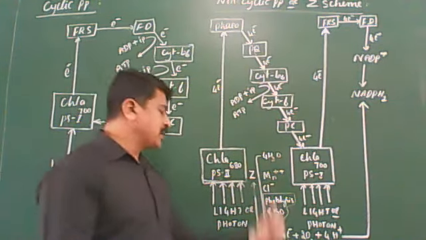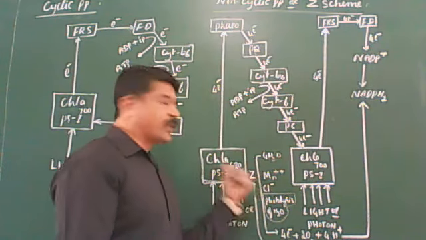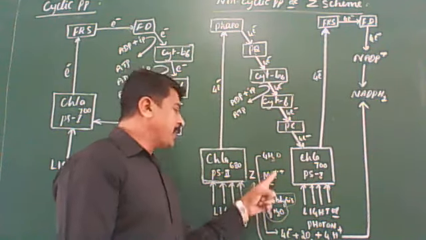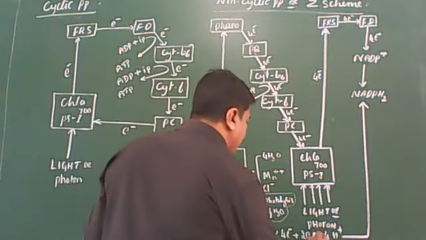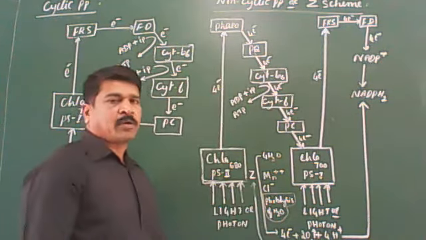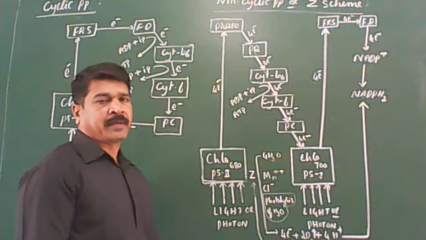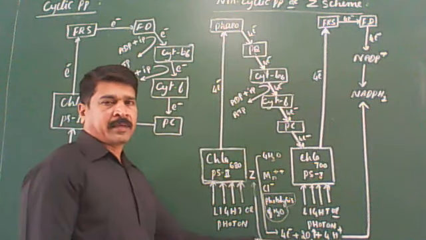During photolysis of water, electrons are released, accepted by unknown compound Z to fill the gap in PS2, and manganese having chloride ions. Then here only oxygen is liberated as a byproduct. This oxygen gets released to the atmosphere through stomata of the leaves. That you should keep in mind. Got it? What I am telling you.